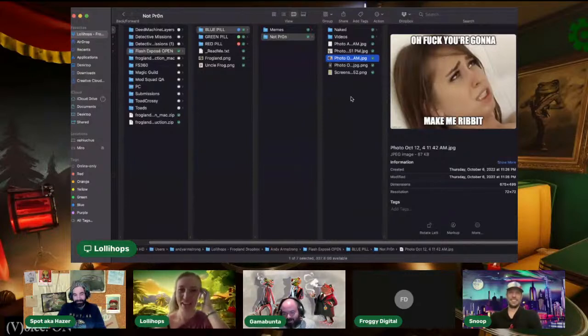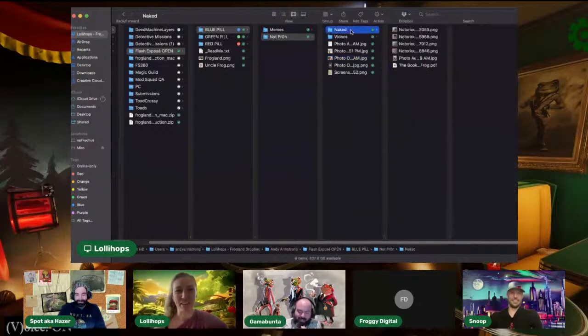So I actually have to say, I found this back in like October of last year, when Froggy Digital sent me on a mission to find all the frog memes I possibly could find. And this was actually in its original state. This is how I found it on the internet. So that means that someone out there created this before we did, which I think is also pretty cool, seeing as it's frog based. Wonderful. Yep.